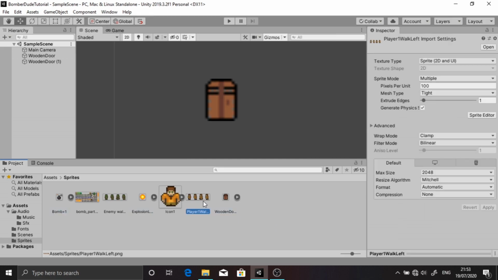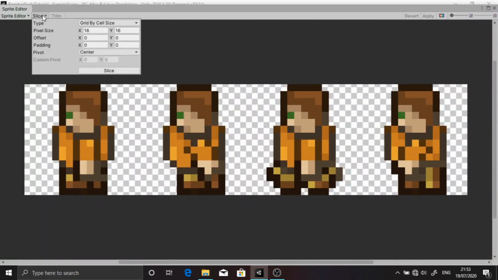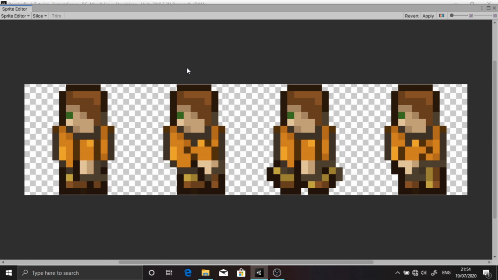After setting the sprite mode of our sprite sheets to multiple, we also need to slice them so we can extract multiple sprites from a single sprite sheet. In order to do that, we need to click on Sprite Editor and click on this slice dropdown. Now there are three ways in which we can slice this sprite. We can set it to automatic so that Unity takes care of deciding how to slice this, but it doesn't do a decent job because this is an animating sprite, and if we leave it at that, then we would have problems in our animation.